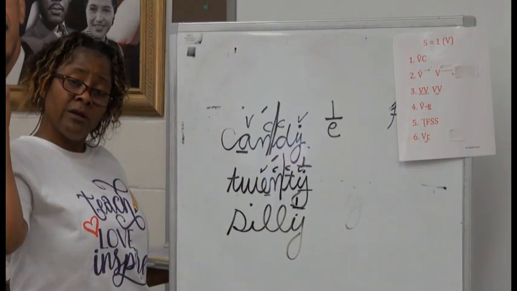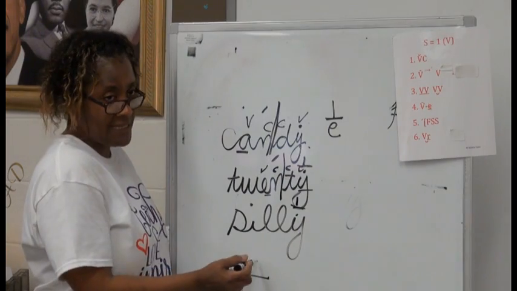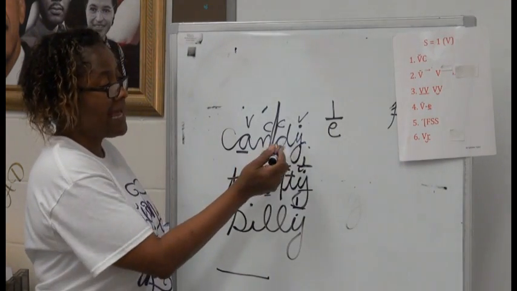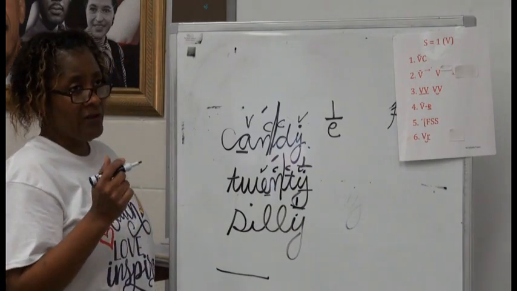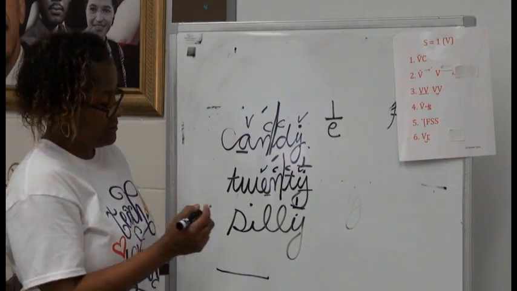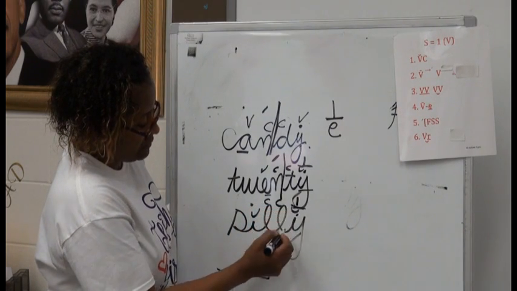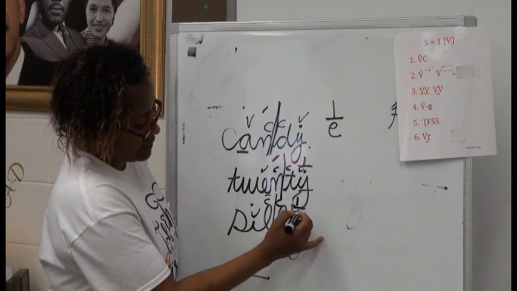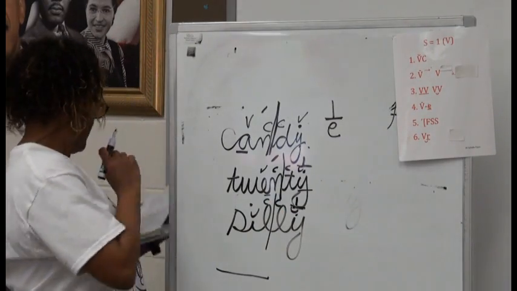Like before, when there was a Y, it was in the accented syllable. But now it's in the unaccented syllable. So now it's making a half-long E. Right here, vowel, consonant, consonant, vowel. So now it's going to be a half-long macron. Okay, now,